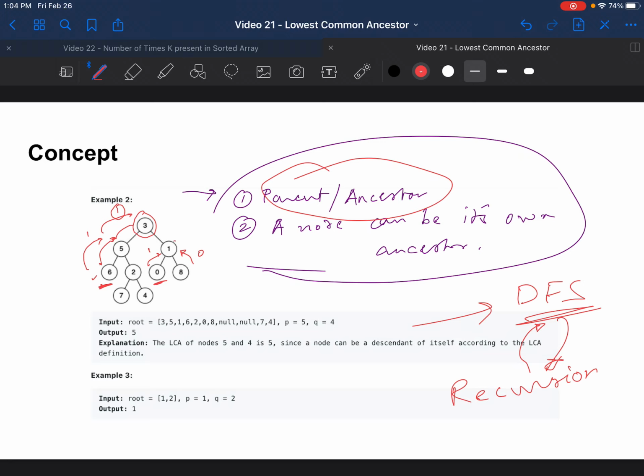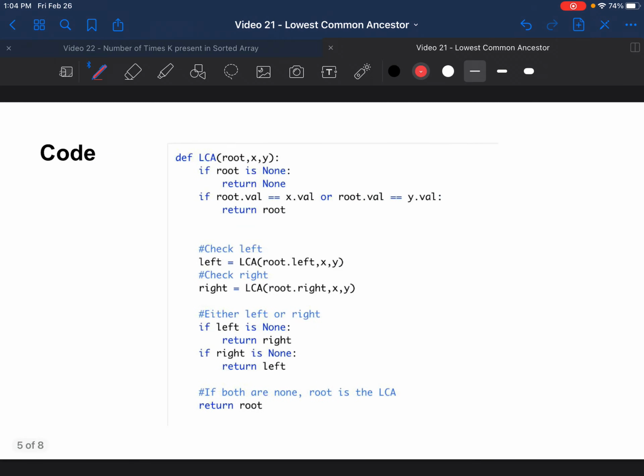Similarly, you'd find 0, so you'd return 1 there as well. And at 3, you'd have both values returned, so 3 got the signal that it found both the nodes we were looking for, 6 and 0. So 3 is the LCA, the lowest common ancestor. I'm going to simply apply this concept of going depth first in these kinds of search problems.